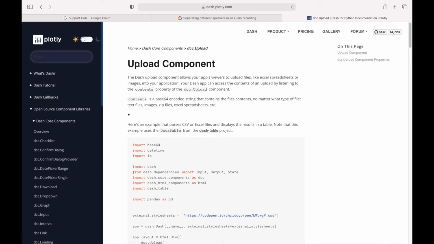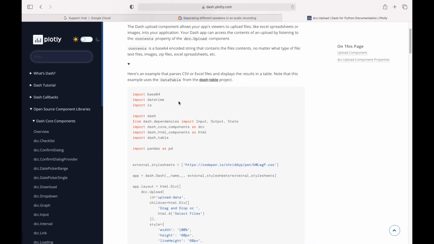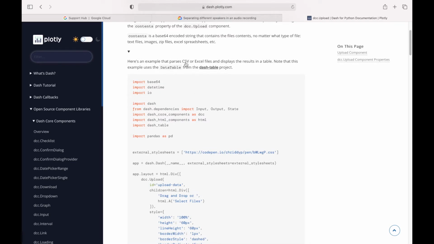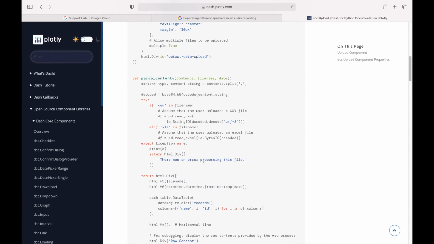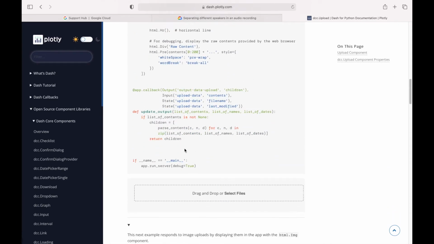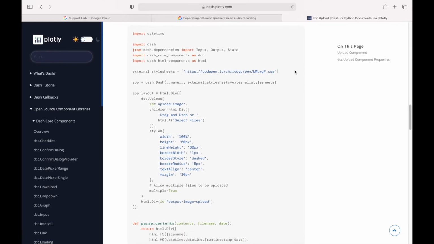So we'll now go ahead and hop on to the official Dash site to take a look at how we can actually get the upload component done. So there are actually a bunch of samples dealing with different file types. For example, the first one will deal with CSV and also Excel files, and when users upload them, they will be displayed in terms of a table. And the second one is actually what we need. Instead of displaying the user's upload of images, we'll be dealing with audios, which is HTML.audio files components.